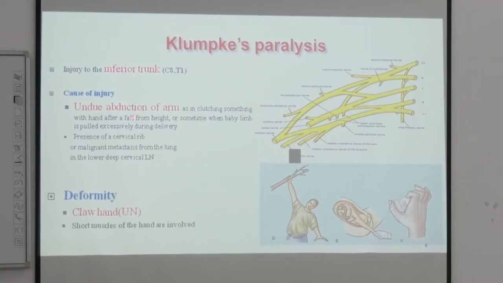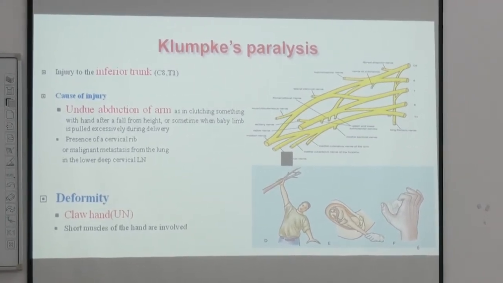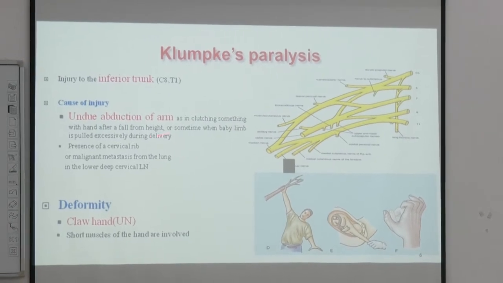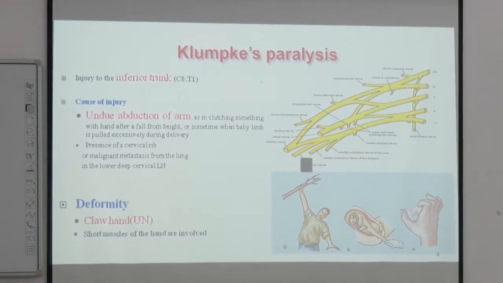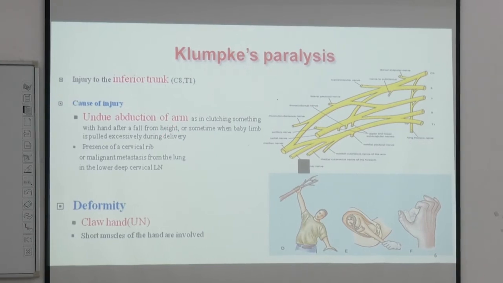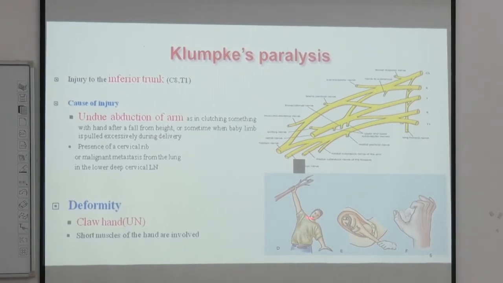So the causes of injury are undue abduction of the arm, which could have been stretched because of falling from a height and grasping on to something. It could be one of the reasons. Or maybe an extra rib here, which we call a cervical rib, could be compressing C8 and T1 in this region. Or a lymph node, or maybe a tumor at the apex of the lung, compressing and damaging